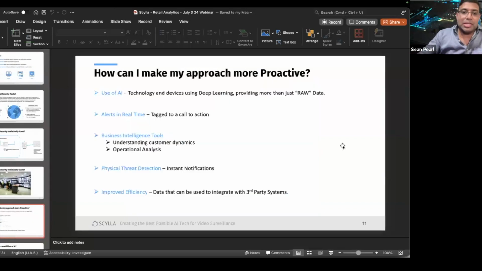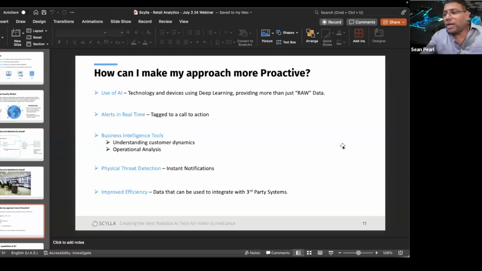So the question to ask is, how can I actually make my approach more proactive? The answer to this, firstly, would definitely be with the use of AI technology. With the current CCTV setup, there's no point in just having recordings going into a box that you only address when something happens. There's so much more that you can actually do with that. There's so much actionable insight and data-driven statistics that you can pull out, even when it comes to live data. If I look at retail very specifically, there are so many business intelligence tools that I can extract from live video that will help me in so many different ways.